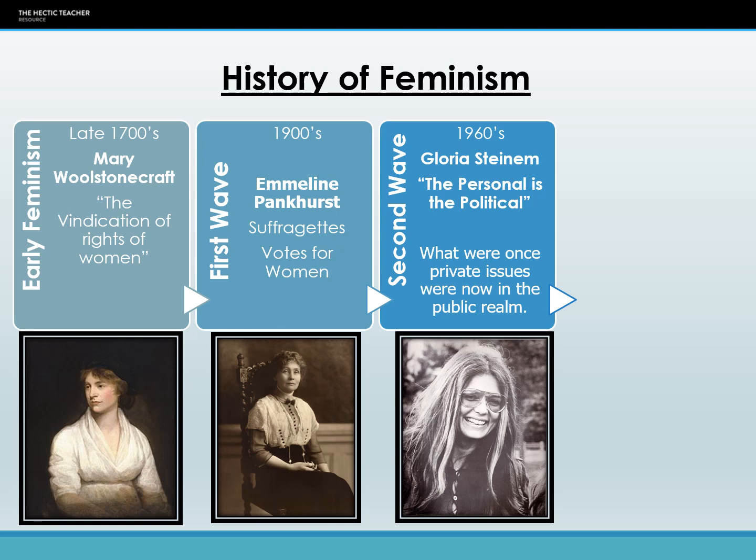The marital rape side of things, unfortunately, took until the 1990s before that was made illegal in the UK. It was 1997. And it wasn't until the 1970s that women were allowed to have a bank account or a credit card in their own name. Up until that point, the account was actually held in either their father or their husband's name.